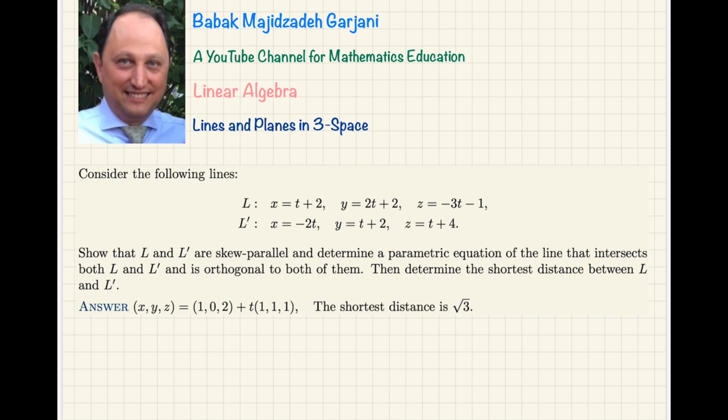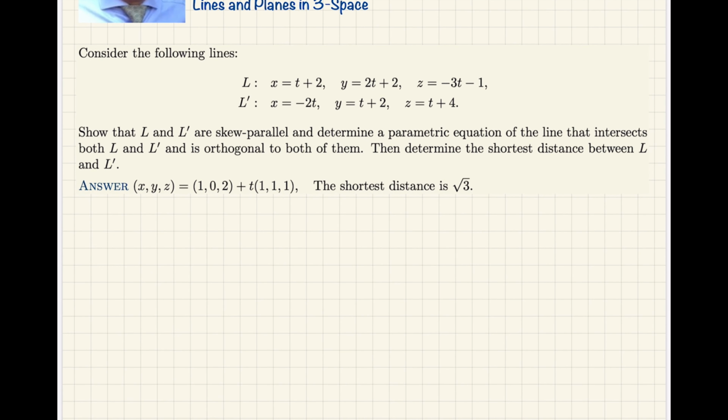Okay? So what should I do? First of all, I want to rule out the possibility that these 2 lines are the same line or they are parallel. So the best thing to do is to look at the direction vectors of L and L prime, which are the components of the parameter t in their corresponding equations. So I would say that, for example,